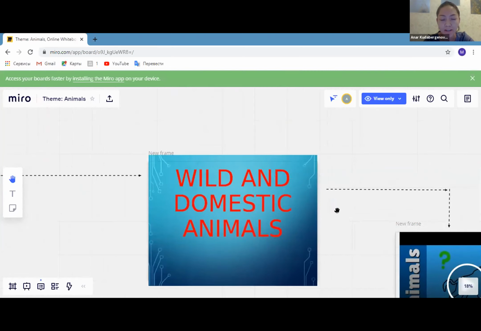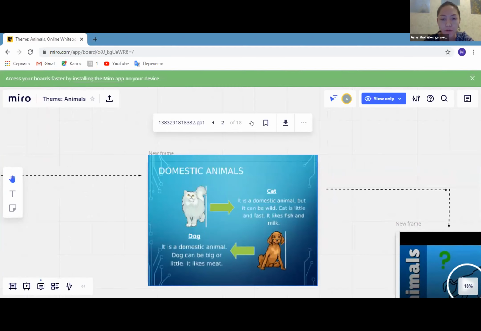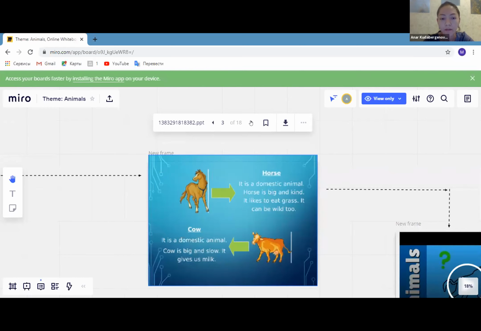The first activity is a presentation about wild and domestic animals. During this stage, we will introduce new material and the vocabulary about animals. We will teach vocabulary words and first of all pronounce them, and have the students repeat them at least 3 times. Students listen, look, and read information about animals. This activity helps to develop reading and listening skills.